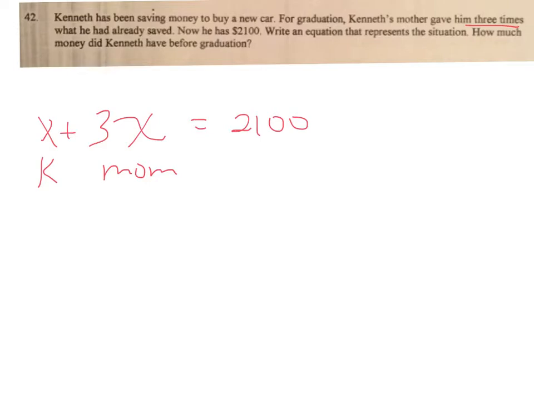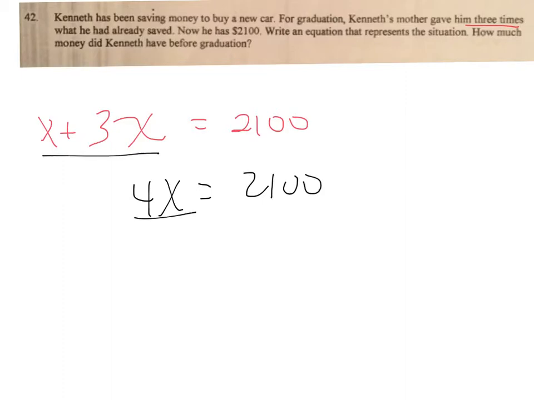So be careful. It's not just 3x, but what Kenneth has and what his mom gave him. That combines to give you $2,100. Well, when you combine those, 3x plus x gives you 4x. Let me write that down. 4x equals 2,100. So we're going to divide by 4,